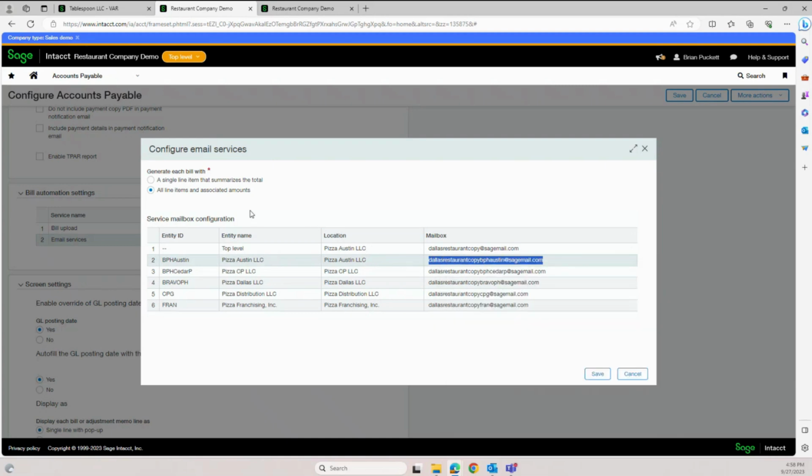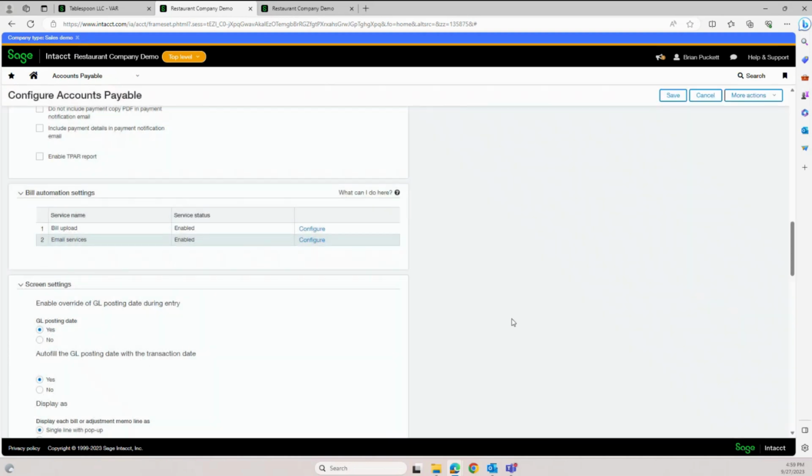The other thing you want to make note of is that by default, the setting for generate each bill with is a single line item that will summarize the total. So if you have an AP bill with 3 lines, and this feature is checked on with the single line item, those 3 lines will be merged into one when it loads to Intacct. If you want to replicate the lines that exist on the bill, you want to have this setting at all line items and associated amounts. So now that the configuration is completed,